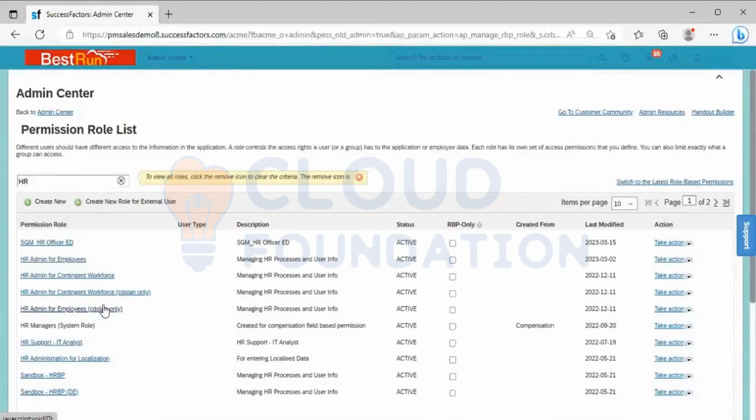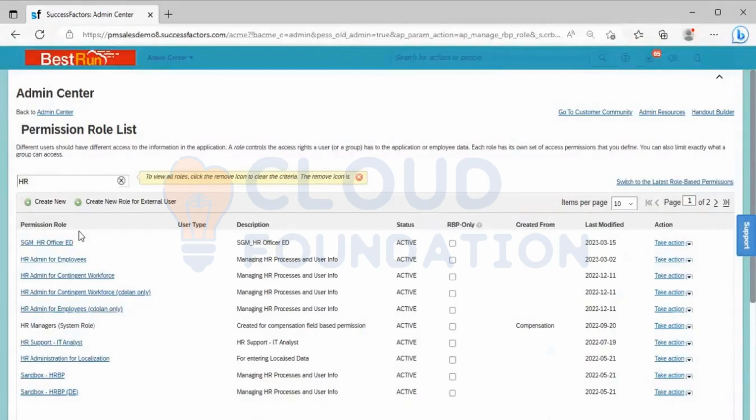Compensation, learning management system, payroll: these are certain functions and modules. Specific permissions will be there. And also you can see country specific. Four to five countries are there. Every country will have separate permissions. That is controlled and maintained from the permission role.